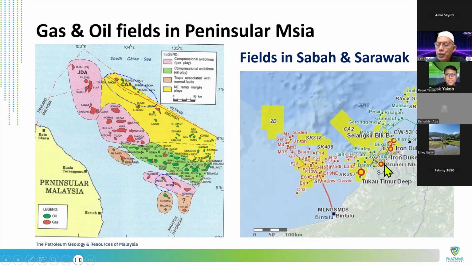Even at the beach along the Miri side, we can see some of the platform, especially when you are in Bintulu. Some of the area is very clear to see some of the platform nearby. And of course, Miri is much closer. At the same time, in Brunei, it's also close to Miri, close to Sarawak. Brunei is an independent country. They have a huge oil field just between their neighborhood area. And even in Brunei, they have onshore wells, onshore drilling.